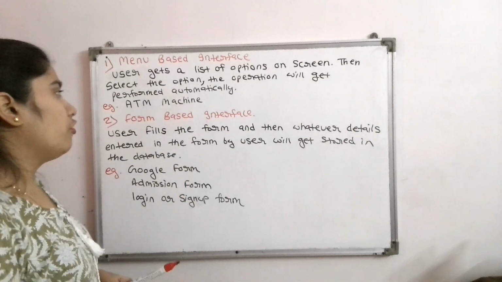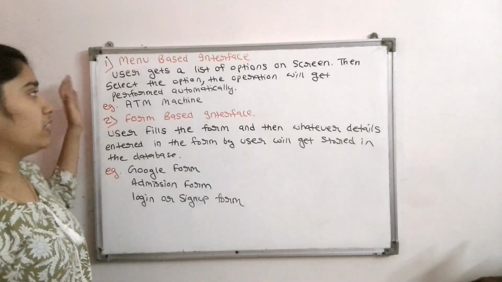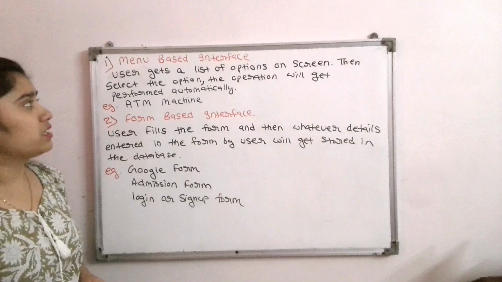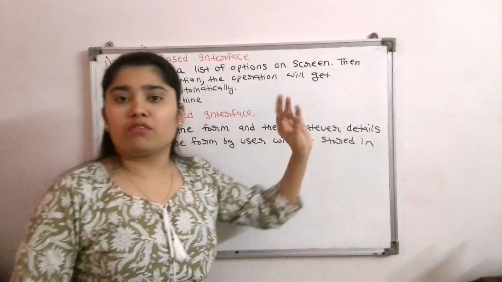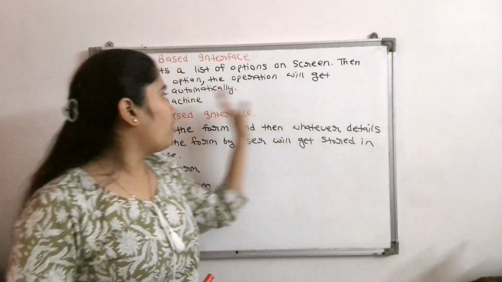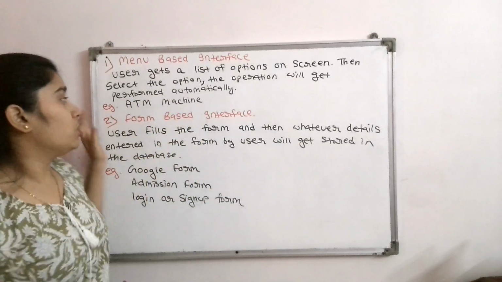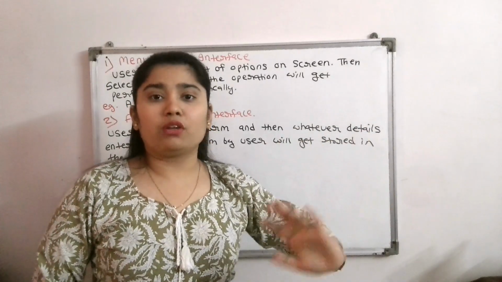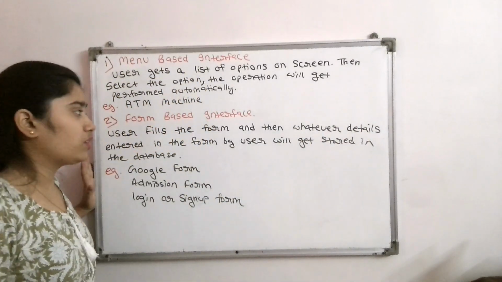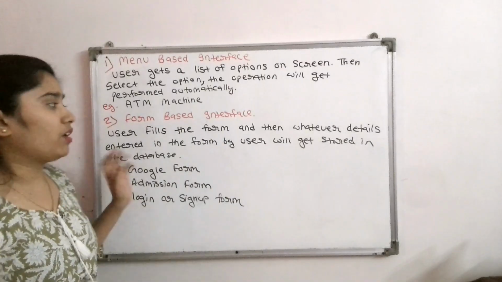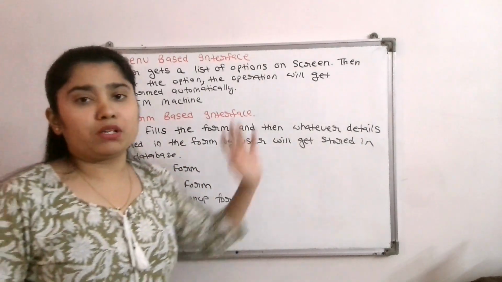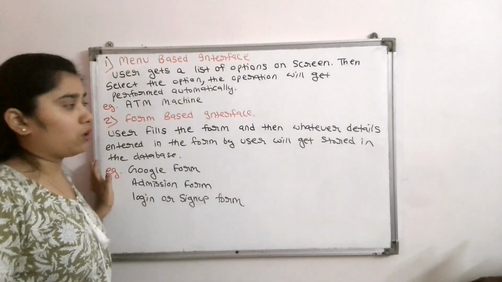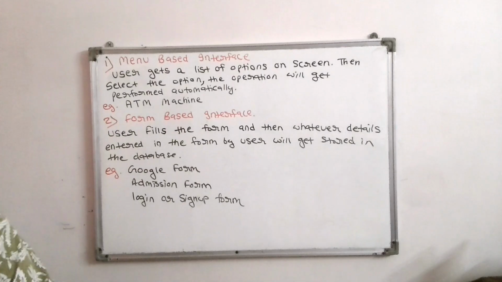It is the menu based interface and the form based interface. See, in both these interfaces the user does not need technical knowledge. In the menu based interface we get options on the screen. We just click them and the operations are performed automatically, like an ATM machine. When you click the options it gets stored in the database, and then you get the result. In the form based interface it is the same thing. When you fill in the details, it gets stored in the database. We do not need any technical knowledge in both of them. Okay, if you want to take a screenshot or write it down, then we will discuss the next types.